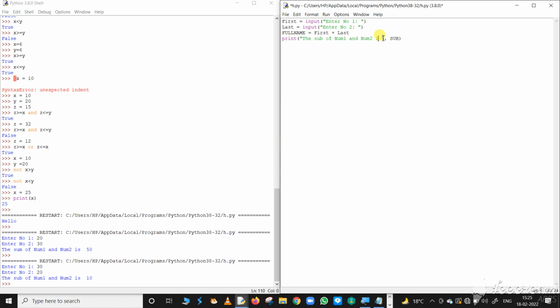Now, full name is, you need to write full name here. So what you're doing here is, when you're taking input in the form of text, that is stored